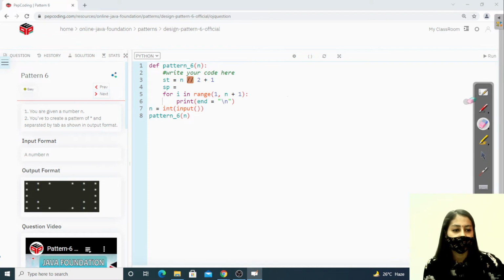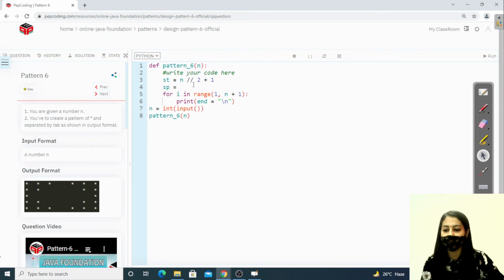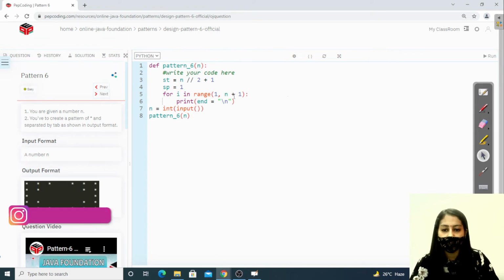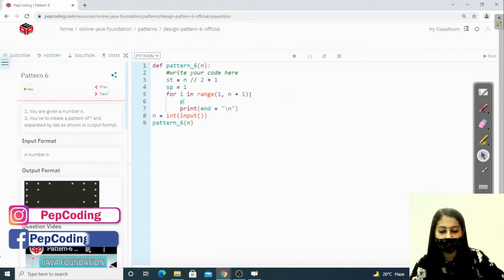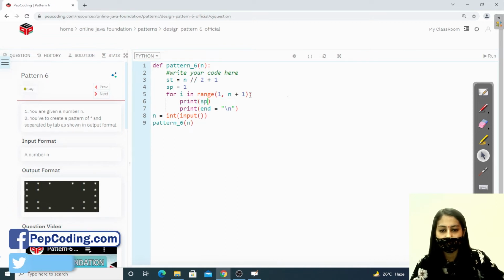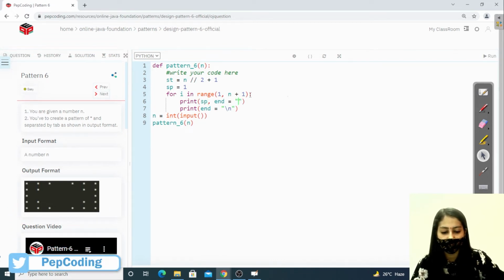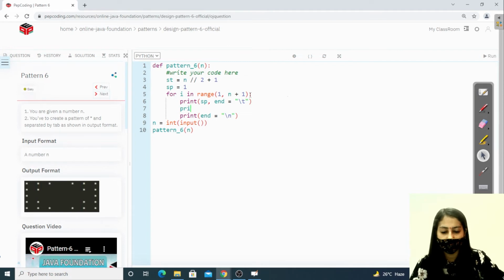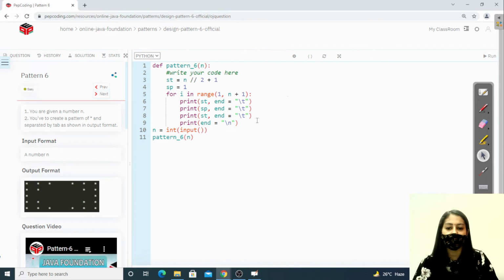Next, let me initialize the spaces. The number of spaces in the first row will always be 1, right? Now let me print the value of the spaces and star variables in each row. Firstly we have stars, then spaces, and then again stars, right? So let me write the stars first, then spaces and then again stars.